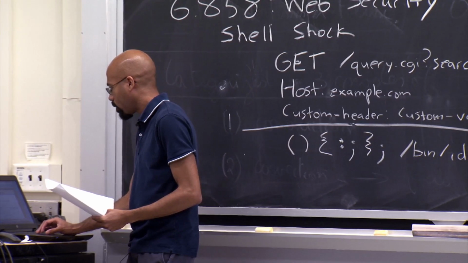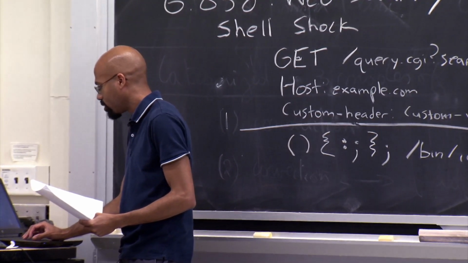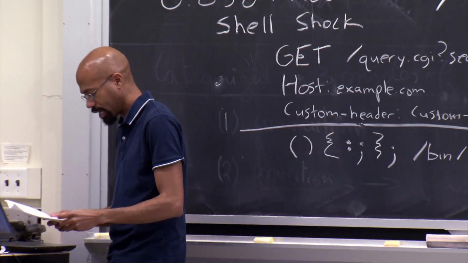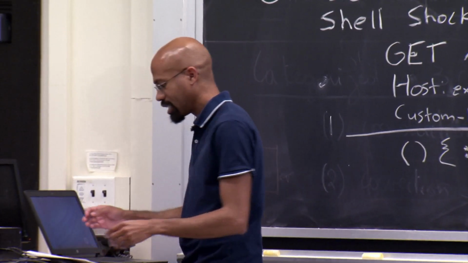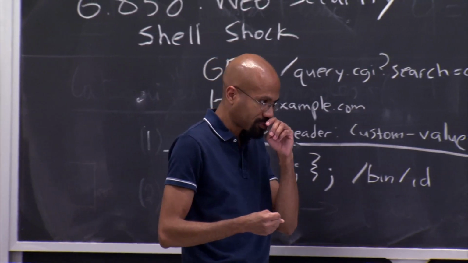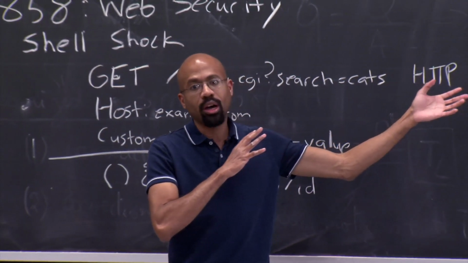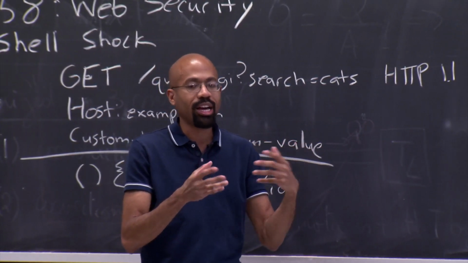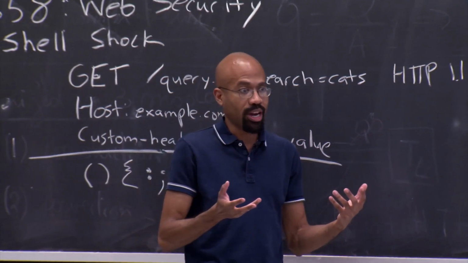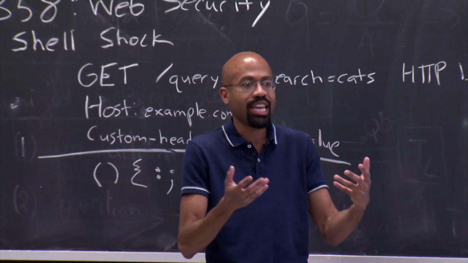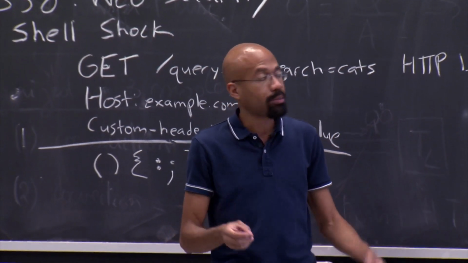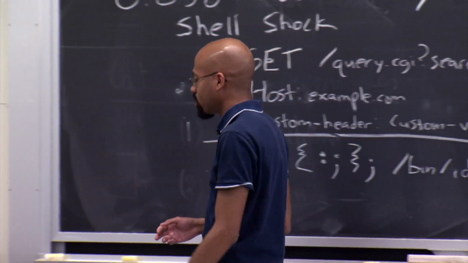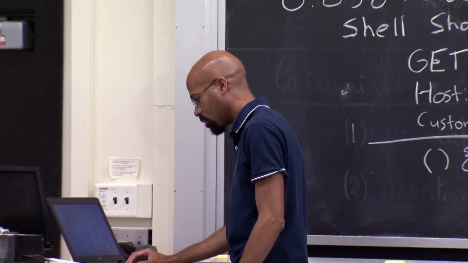Okay, so that's a quick and dirty example of Shellshock. Another example I wanted to give you was an example of cross-site scripting. The Shellshock bug was an example of how content sanitization is very important. As we've just been discussing, you shouldn't just take inputs from an arbitrary person and then use them directly in commands of any type. Cross-site scripting attacks are another example of how something can go wrong.